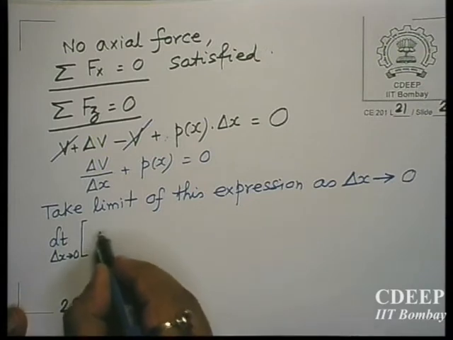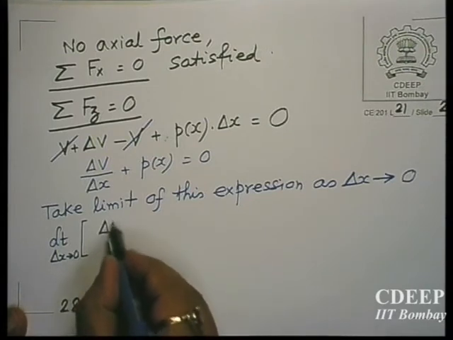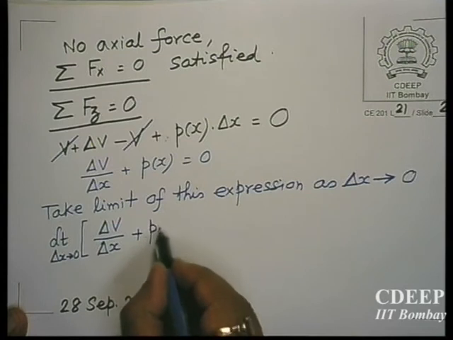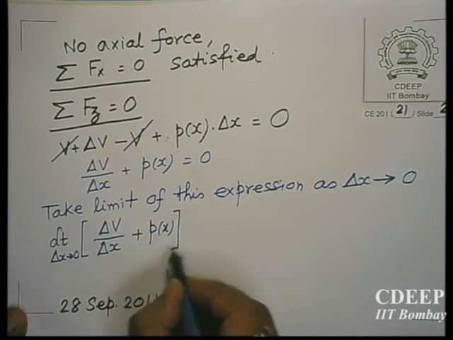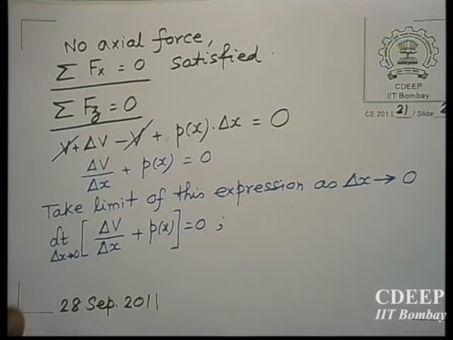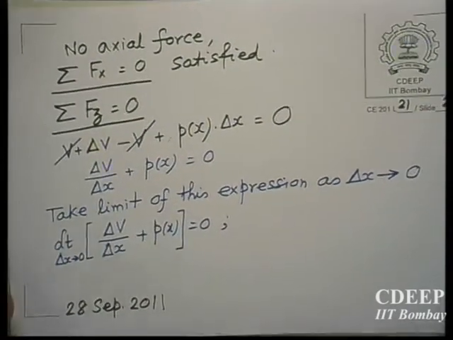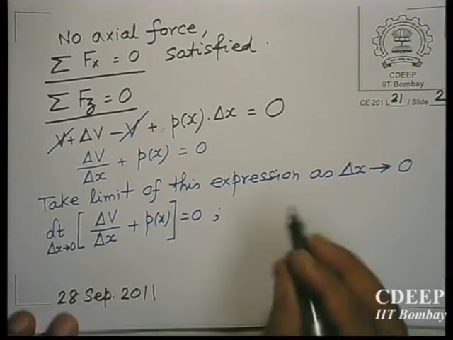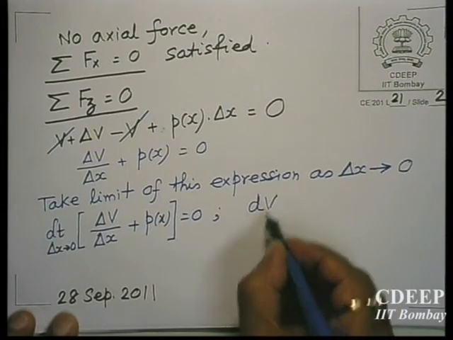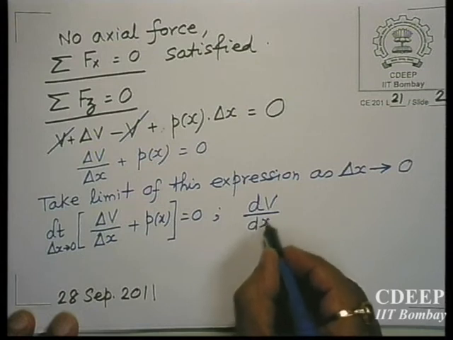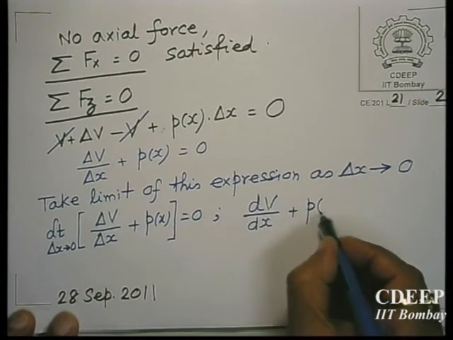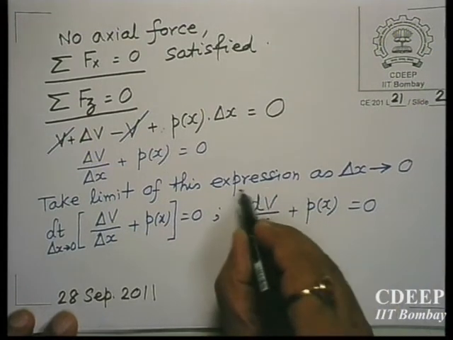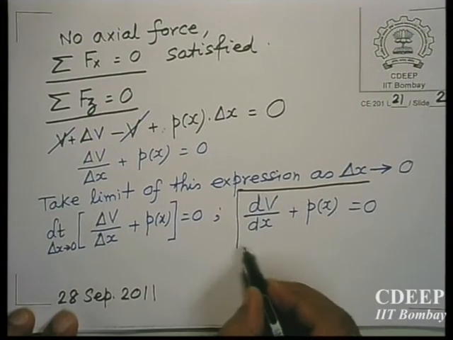I think when we study this in mathematics, we do not realize where we are going to use it, but here we are going to use it. So, p x, we are taking limit of this. The limit of this quantity is defined as dv by dx. That is how a derivative is defined. I think that is the basic definition of derivative. So, you get here dV, rate of change of V with respect to x, plus the load acting at the section equal to 0. So, we have got a relationship between shear force and the transverse load that is acting on the beam.